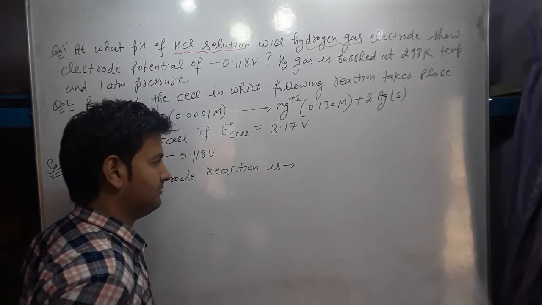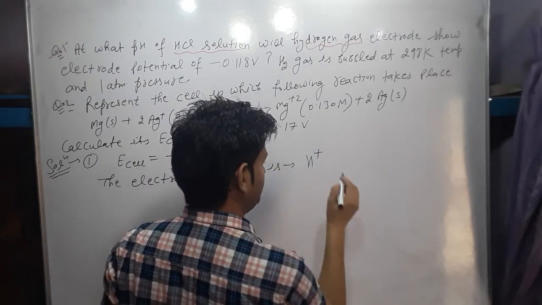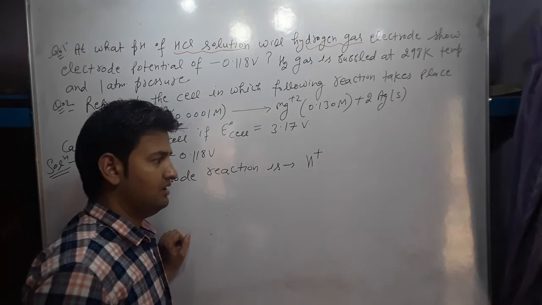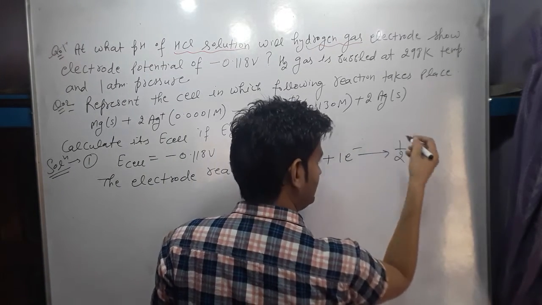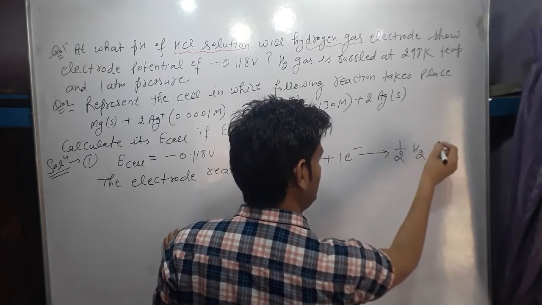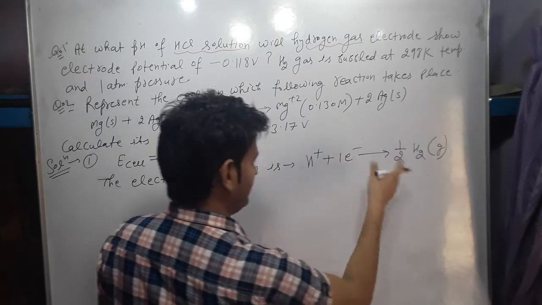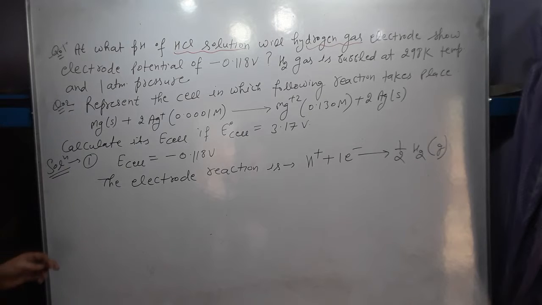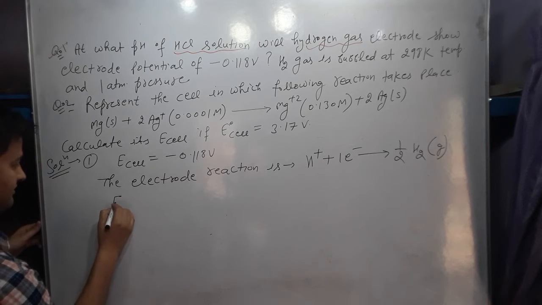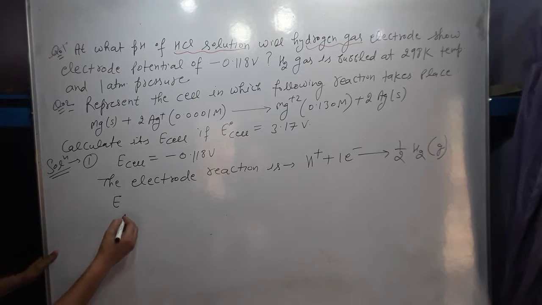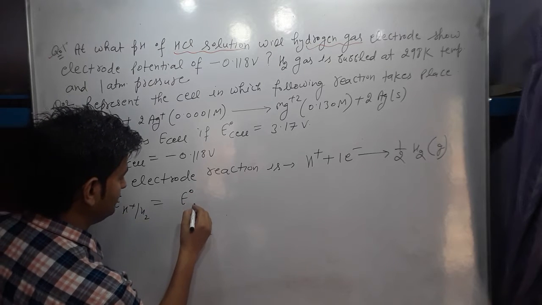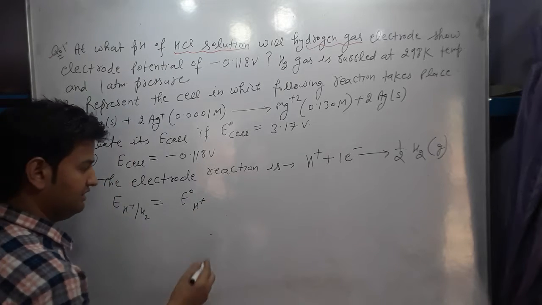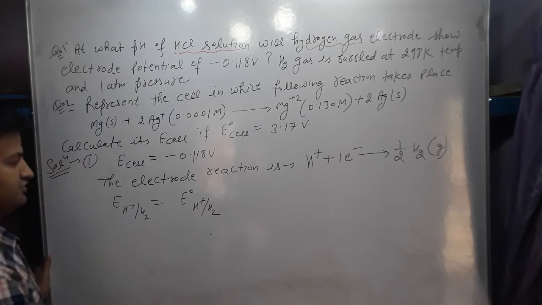it will take place as follows: the H plus ion, which is produced from the HCl, accepts one electron. Hydrogen gas is evolved, so it converts into H2. The reaction will occur like this. So we can write the Nernst equation for this cell. EMF for conversion of H plus into H2 will be equal to E naught standard for H plus to H2